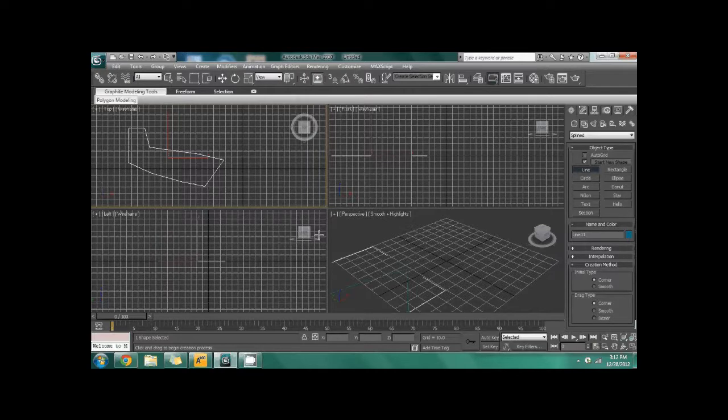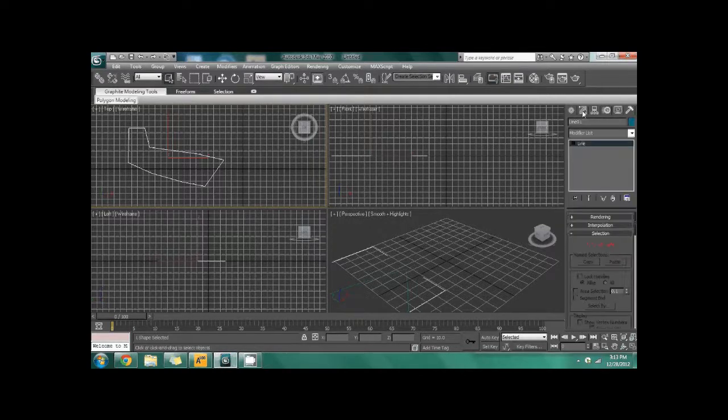To transform it, we need to move into modify tab. Okay, in modify tab, usually we have all this information about the element that we've drawn. Okay, for example, we have